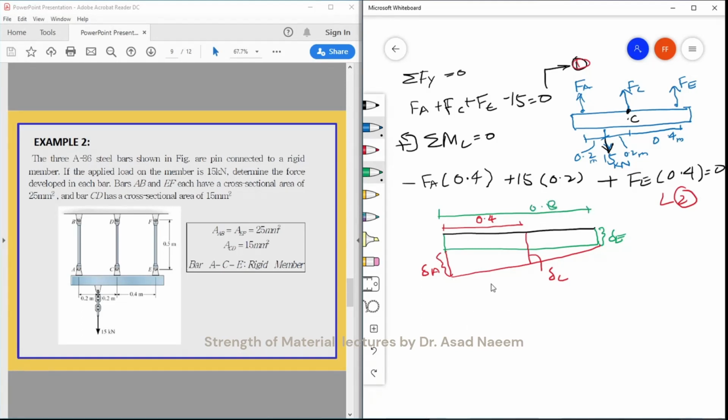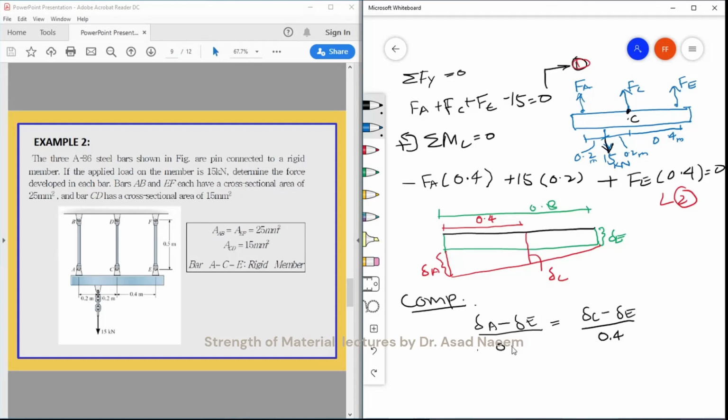Using the similar triangles we can form the equation, ठीक है. तो compatibility equation क्या हो जाएगी? Delta A minus delta E is equal to delta C minus delta E over 0.4 हो जाएगा, and for this